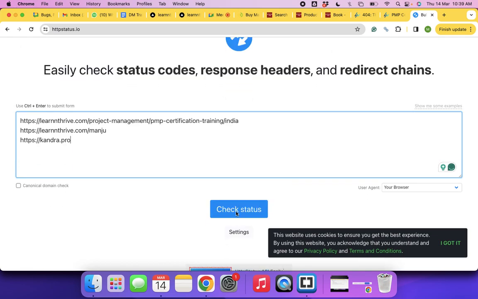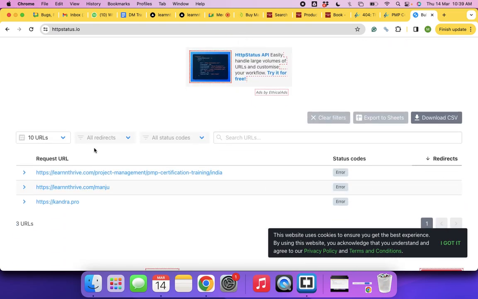Okay. So now the first one is available, hence the status code will be 200. The second one, such file doesn't exist on the server. It's not available, not there. It shows 404.